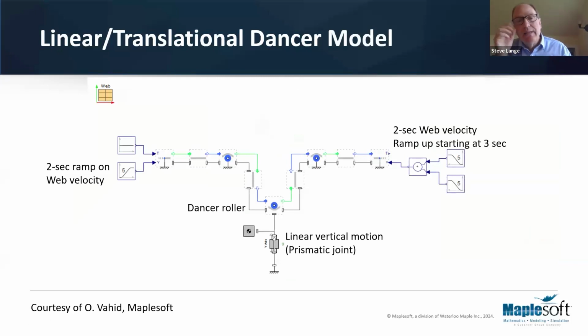This was the model for that simple system. So the moving roller itself is modeled with this prismatic joint. So it's a perfect linear motion up and down. The web going into this dancer is ramping up over 2 seconds. So it's being fed in over 2 seconds with a given tension and at a given speed. Then coming out of this dancer for 2 seconds,